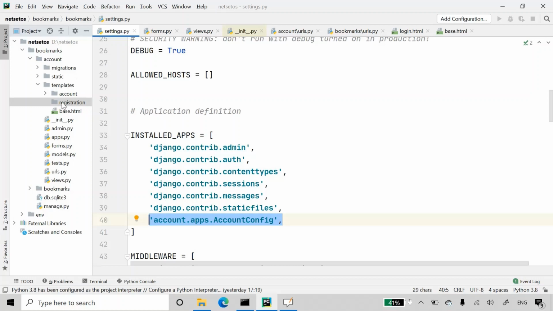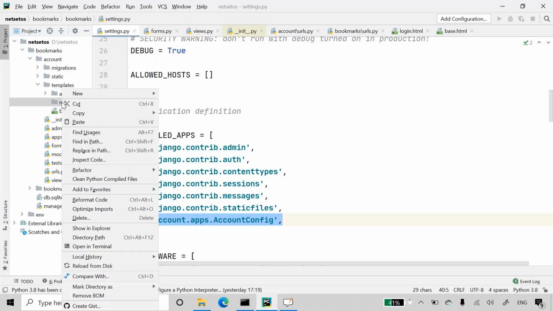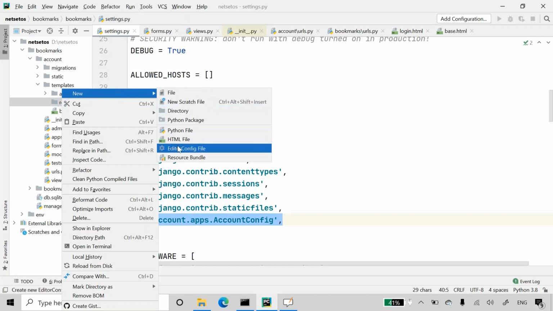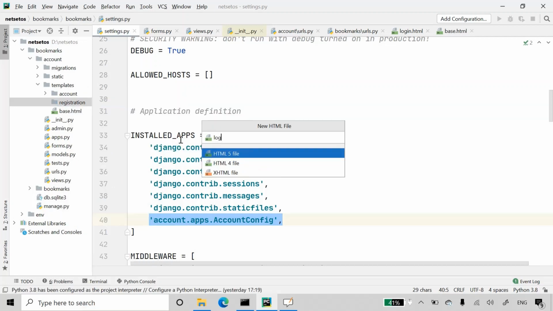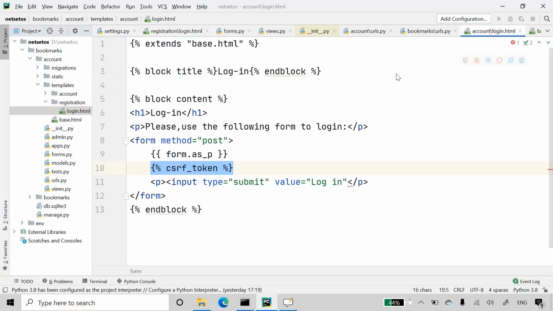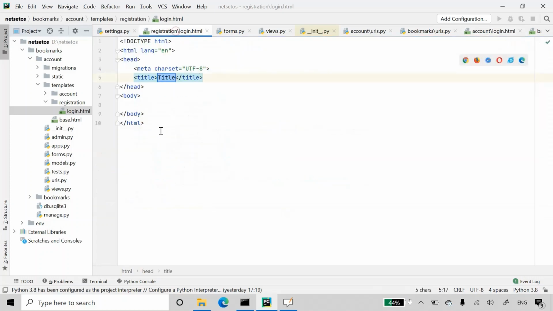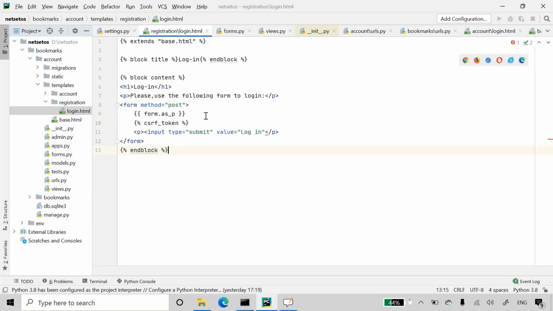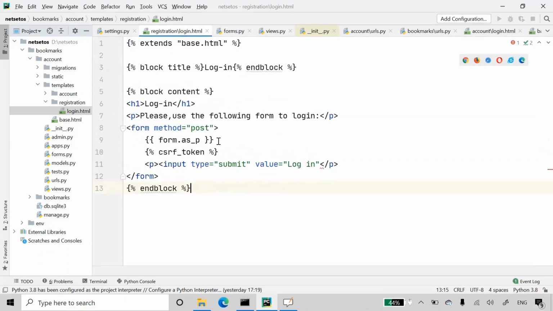Now I'll go to registration. Here I'll create an HTML file with the name login. Now I'll go to account, where we have used the login HTML. I'll just copy it here in registration, and here we'll be making a few changes. First of all, it will extend base.html and login will be the title.